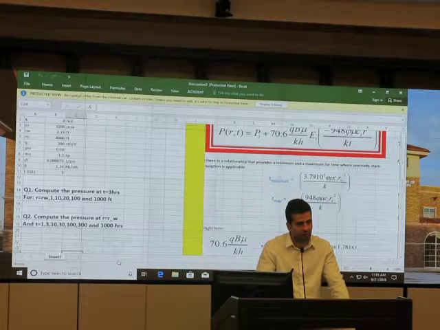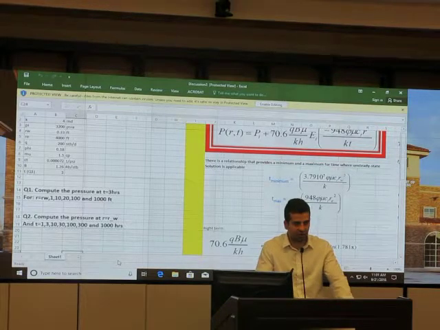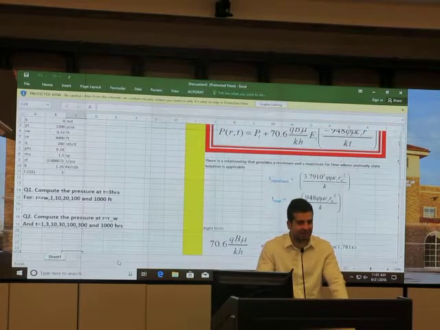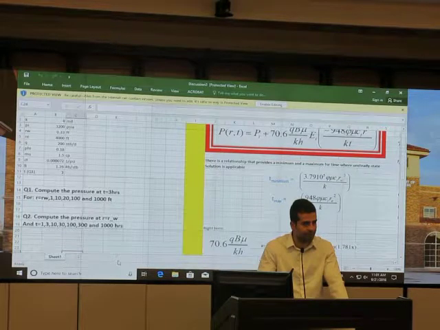What I did is I reorganized all the numbers. I used your equations that you had already plotted, and then I created the Word file that you suggested for us to upload. Always have the Word file, because your Word file is the main one you are going to correct. Yeah, but have the Excel file as a support of the information you put in the Word file. You have to upload both, right? Yes. The Word file is just problem, solution, that's it. Talk about how you did it.